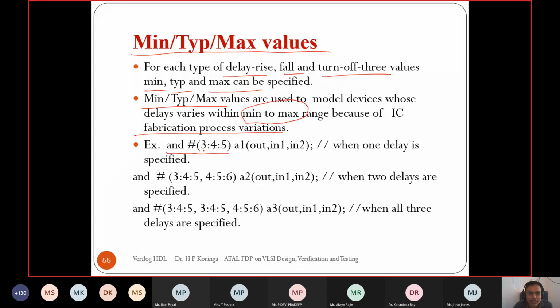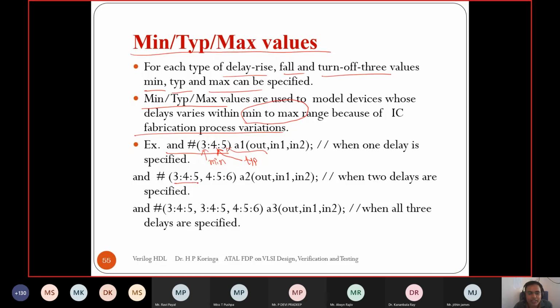For the rise time it takes the min value, 3, and also the fall time min value is 3, and the turn off time min value is 3. The typical value is 4 for rise time, fall time, and turn off time, and 5 is the max value, which is also applicable for the rise time, fall time, and turn off time.